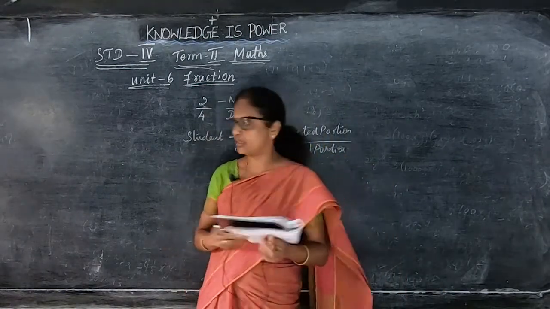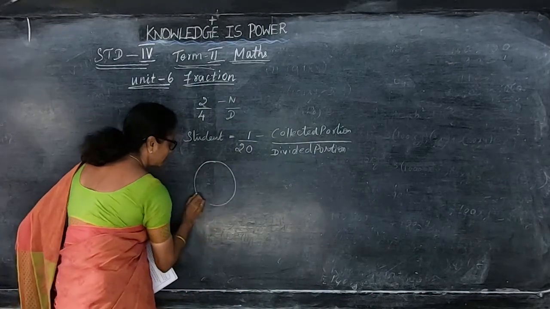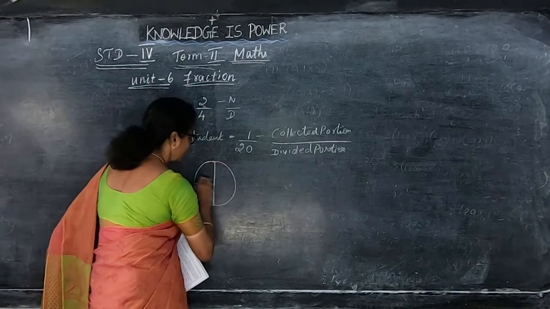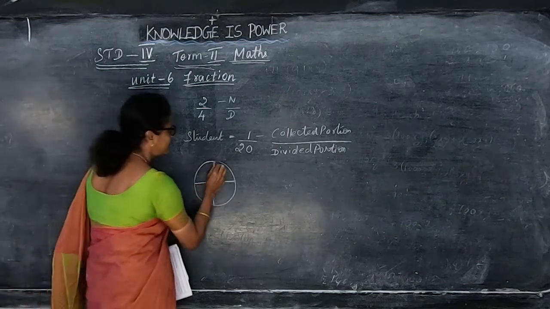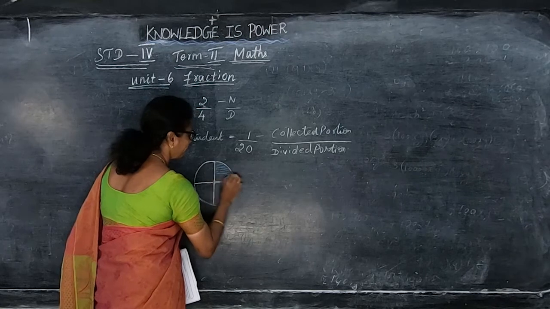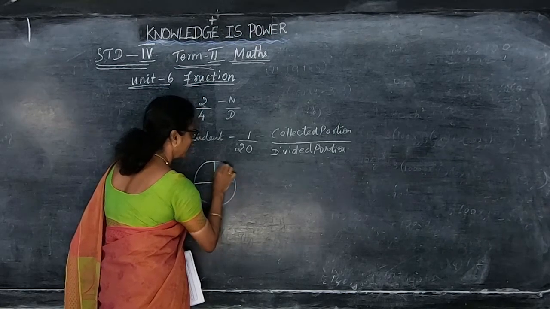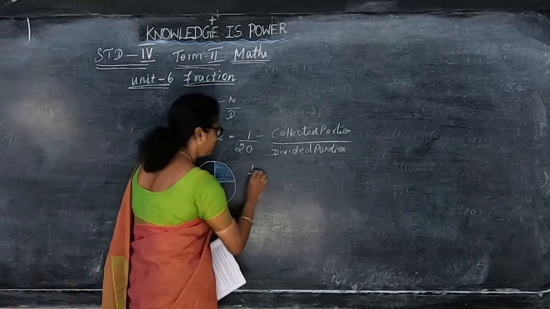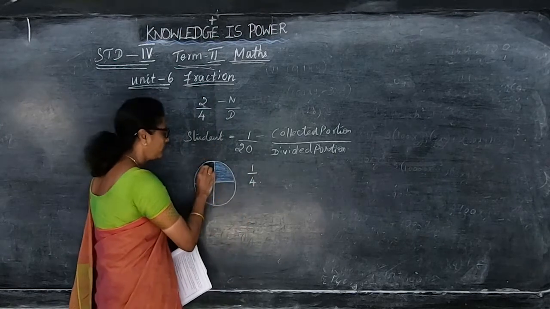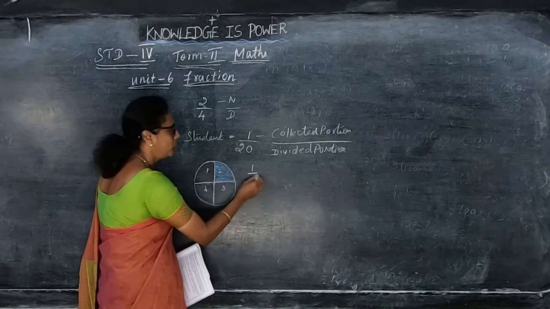And the circle is divided. Observe the following pictures. Here you see the picture like this. Circle. So if we shade this portion, we have been shading this portion. So this is known as the 1 by 4. Now it can be written as 1 by 4 because 4 parts are there. 1, 2, 3 and 4. 4 parts. This is the whole part.